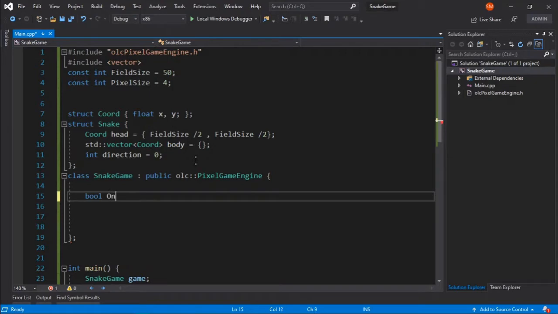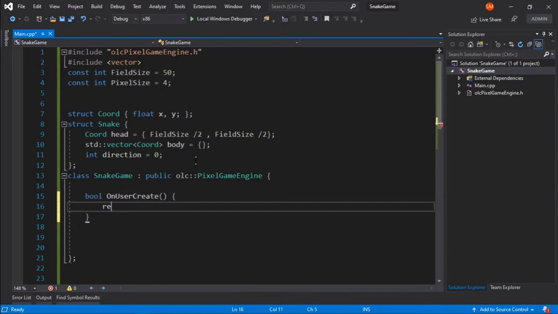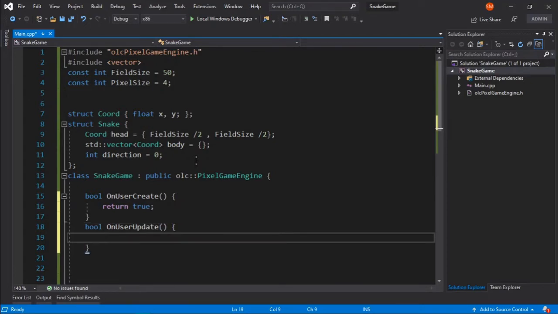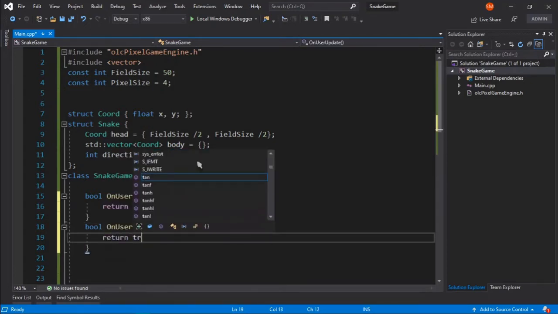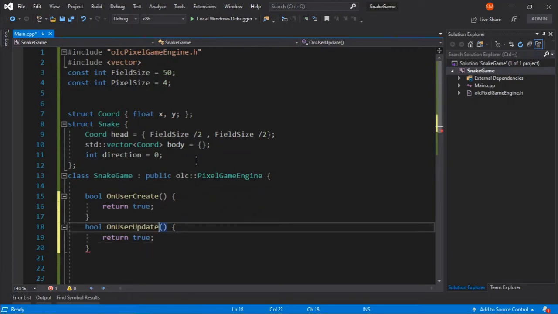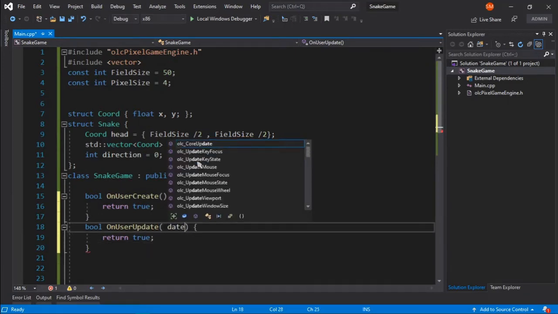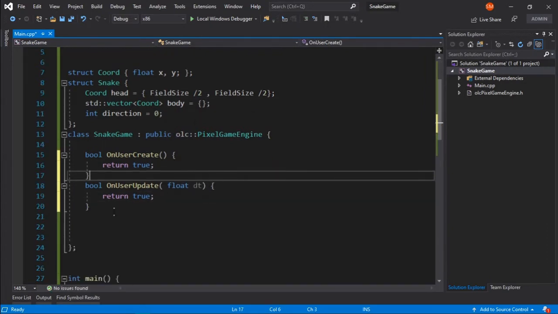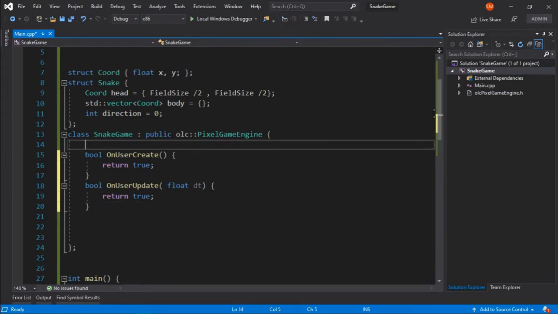One is bool OnUserCreate, and the other is bool OnUserUpdate. And OnUserUpdate has one parameter, that is the delta time between two frames. So we will say float dt, suggesting that it's the delta time between two frames. And that's most probably the structure of our game.